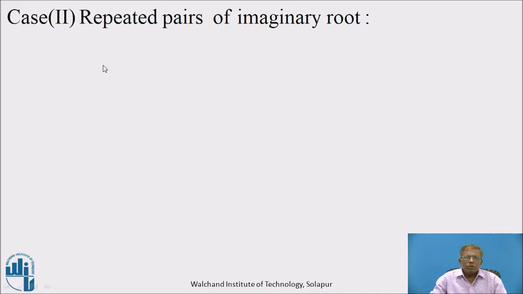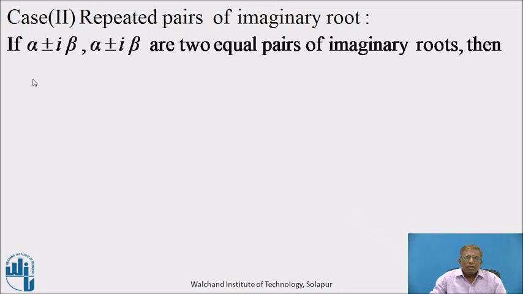Now case 2, repeated pairs of imaginary roots. If alpha plus or minus i beta, alpha plus or minus i beta are two equal pairs of imaginary roots of the auxiliary equation, then totally there are 4 roots. Hence we need 4 constants C1, C2, C3 and C4. But these two pairs are equal. Hence to write CF